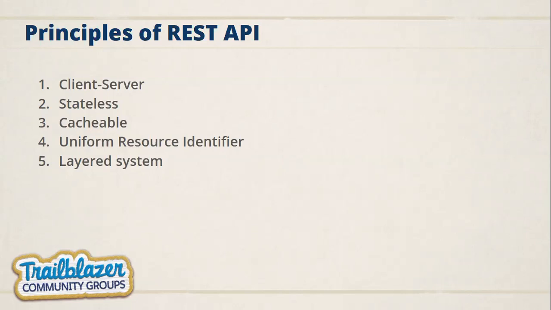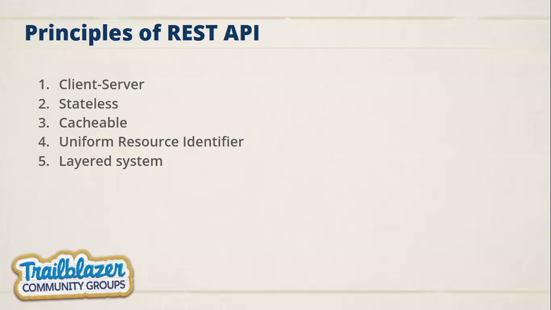Stateless. REST API mostly works on the HTTP protocol. By default, HTTP protocol is stateless. The server will not store any of your previous request data. So whatever request you are processing, you have to give all the basic information for the server to fetch data. Otherwise, it will not give data. Like if you want product information, you have to specify which product information you want. Only then will the server be able to answer with the proper data.